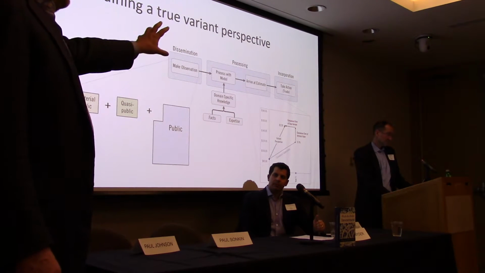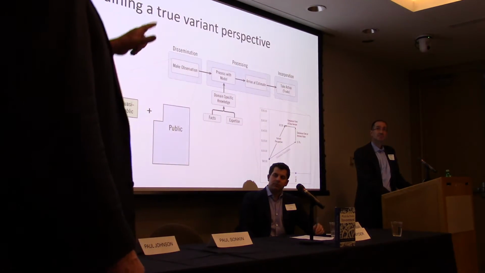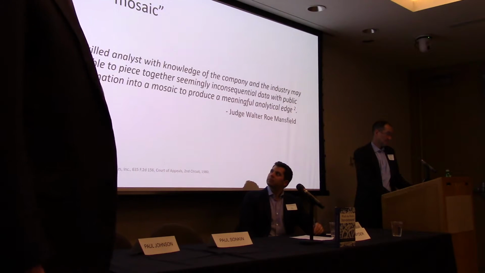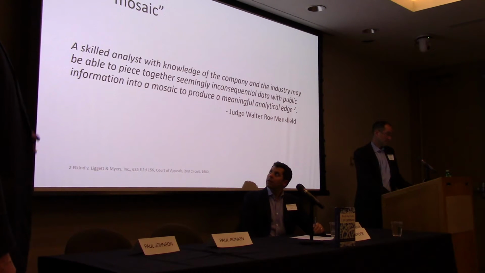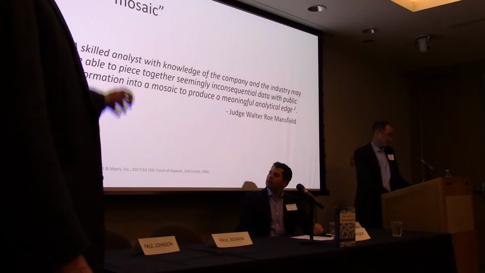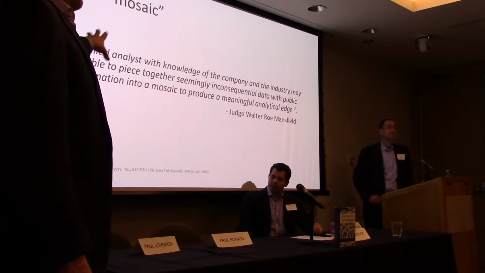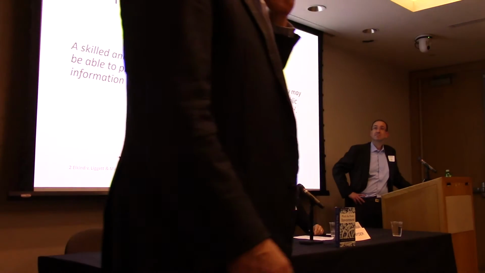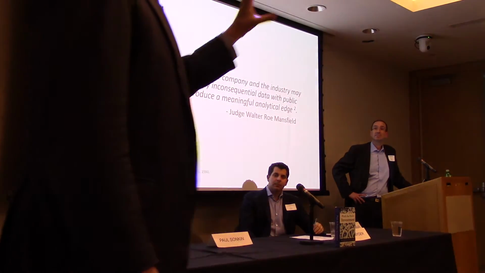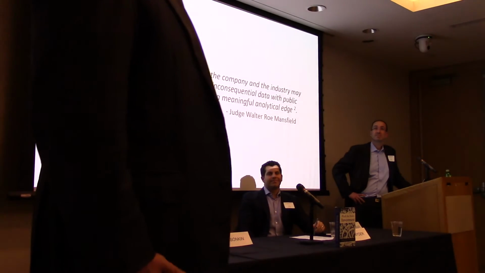Here's your information sources. You have to have a superior model. In terms of process, you have to end up with a variant perspective. And as we say, don't take our word for it. This is a very famous ruling from Judge Mansfield. This was in 1980, the Elkin versus Liggett case, where we came up originally with the mosaic theory. And Paul and I kept this in mind as we were working through the book, that this becomes very important. But essentially what Judge Mansfield has said is what we just did on this page before. You have to be able to take all this non-material, non-public information, stay away from that chain link fence, and get an edge. All right, so that's our formal presentation.